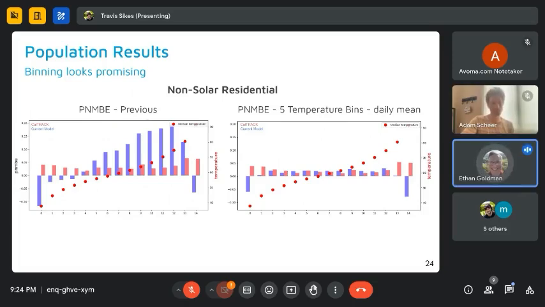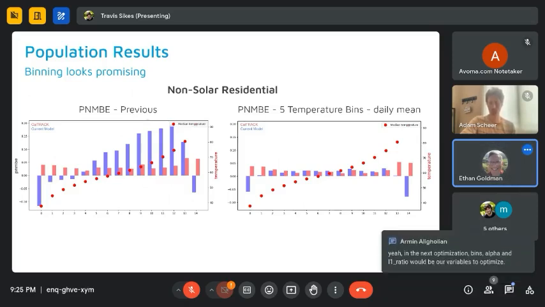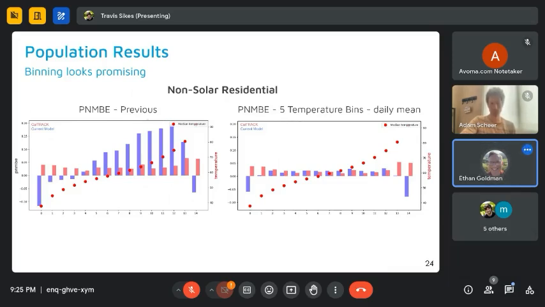So I put this in the chat, but it'd be nice to see some more cold weather data. I don't know how to get you guys more, or whether you think you've got a lead on that, because it's a little scary. On a lot of the residential, hot temperature is the most likely peak behavior on electric, which is, for most of the country right now, the only place we're going to have hourly data, on the electric side, not gas. But as we get more heat pumps, I'm expecting to see more peaking on the cold weather side.